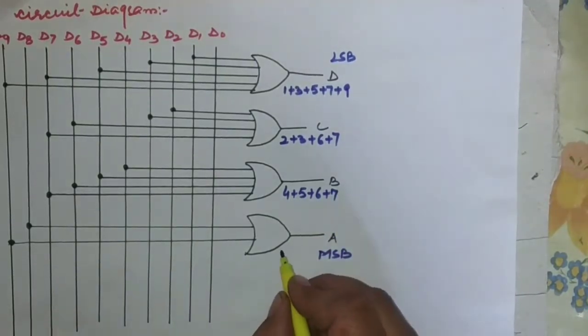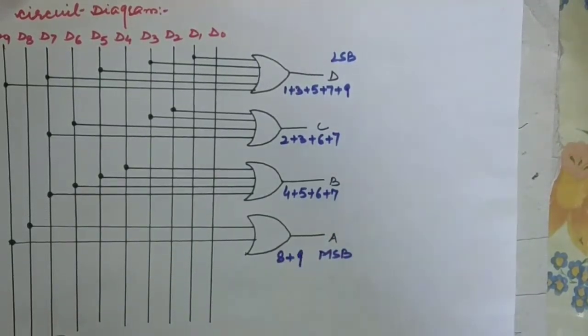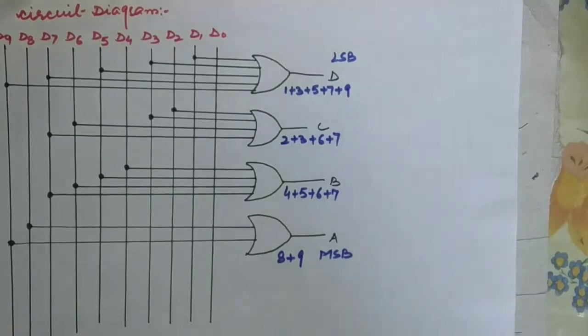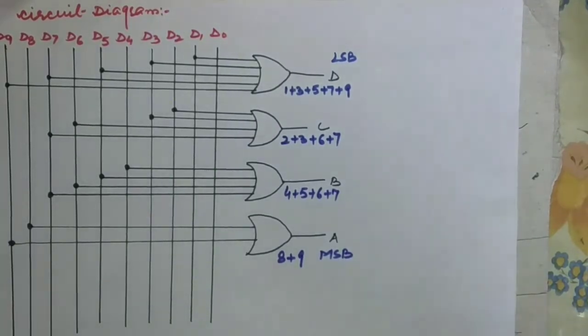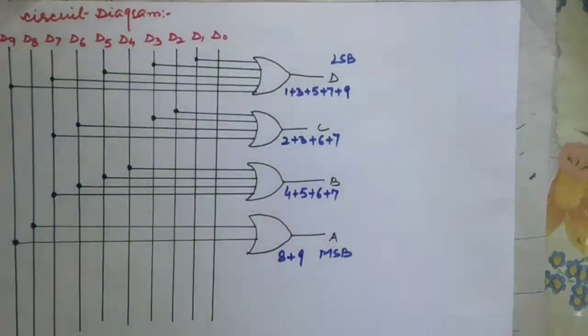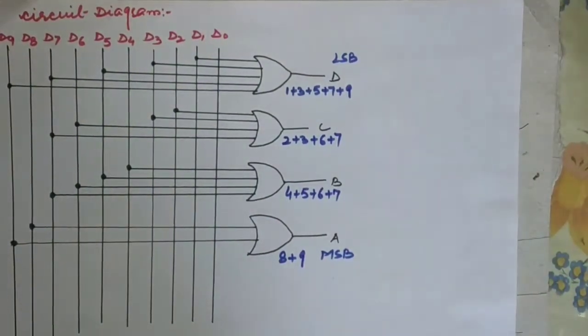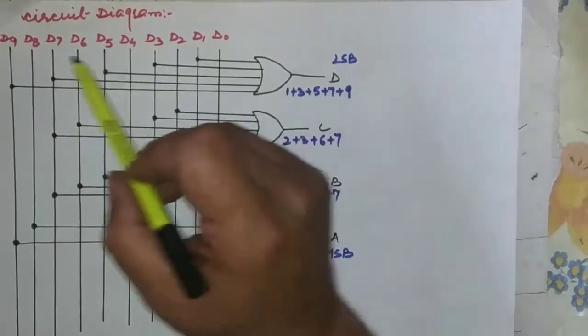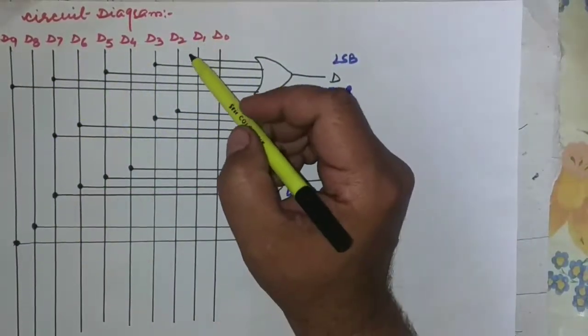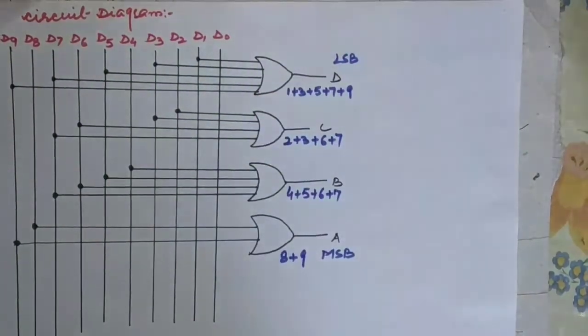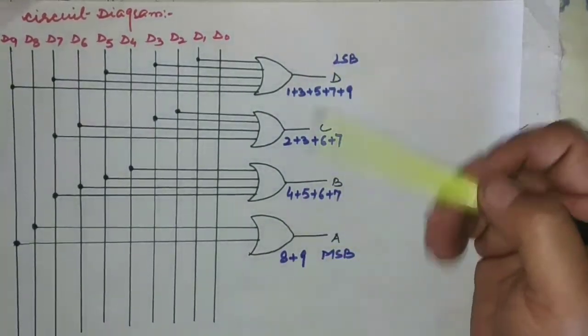And this is for 8 and 9. So this is the way we can draw the circuit diagram for this BCD encoder. And whenever any of these inputs is active high, corresponding to that value, the output will be